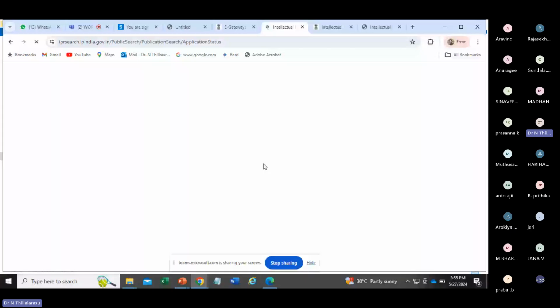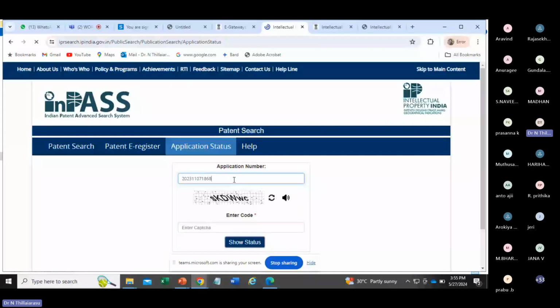I'll fill in the same application number I copied from there. Then enter the code. It's, I think, an invalid captcha. I'll re-enter it. Okay, so show the status.